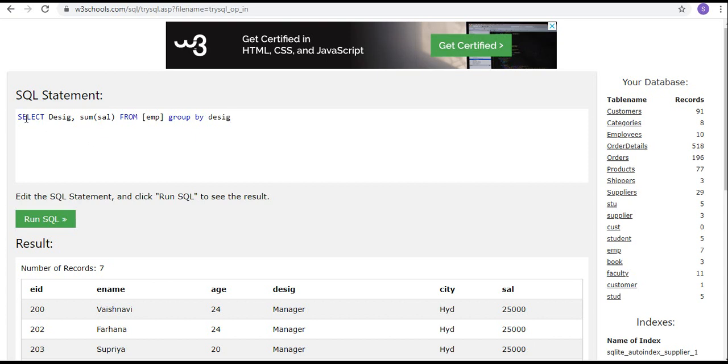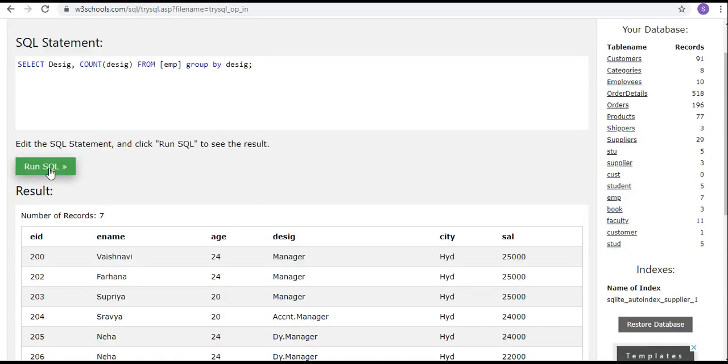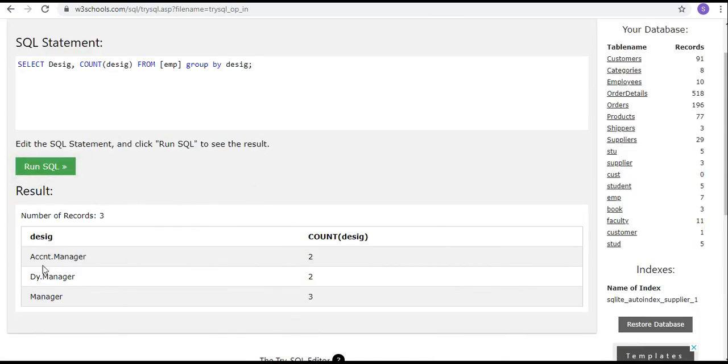So I have given select. I want to know the designation, and I am going with count based on designation from employee table group by designation. So I want to group the data based on the designation. Now if you run the query, it will tell you count. How many are there accounts managers? 2. Deputy managers 2. Managers 3.